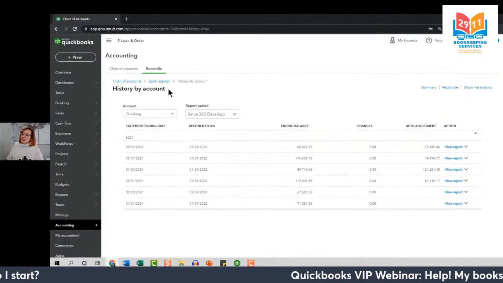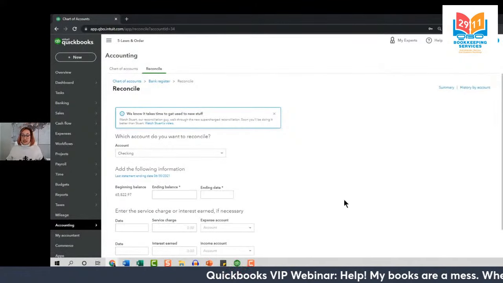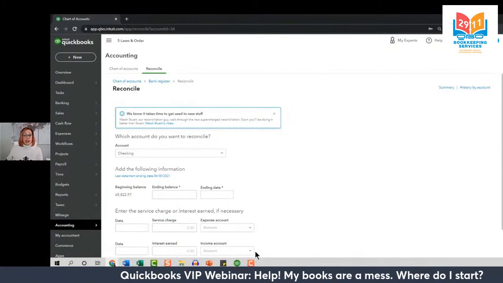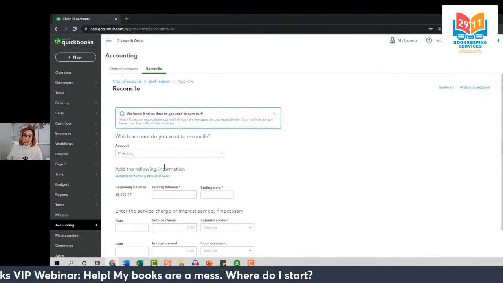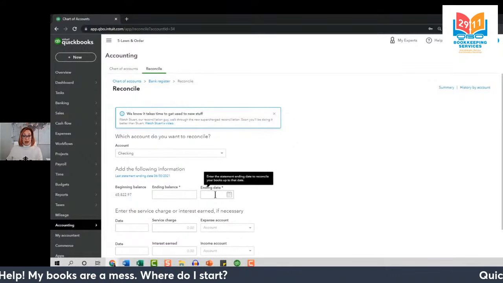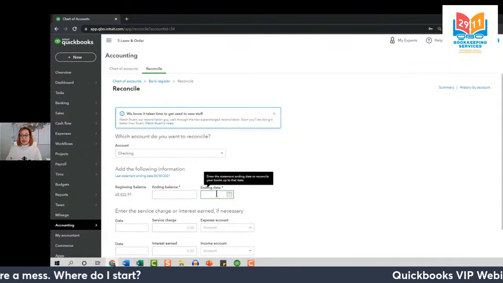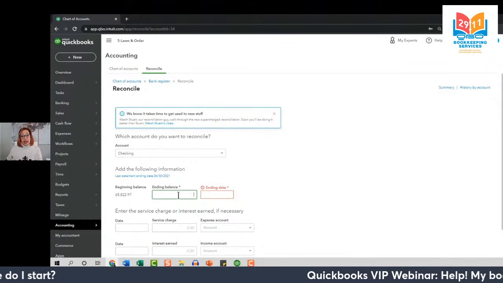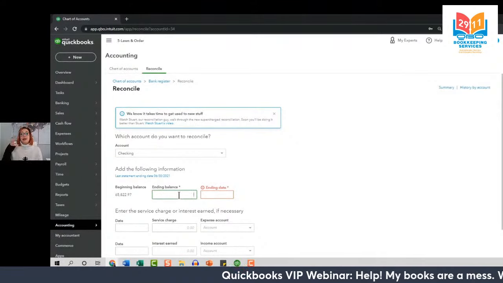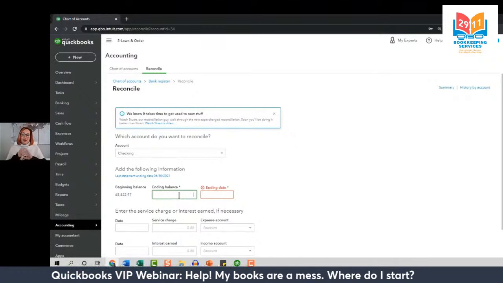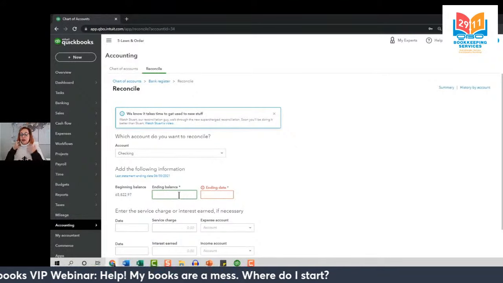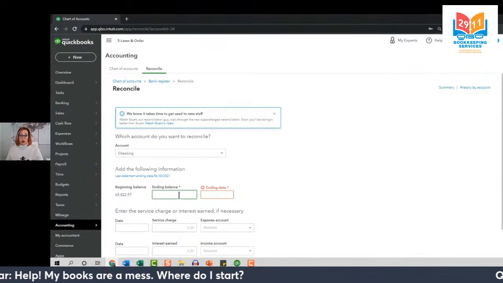When we force a reconciliation, let's go back to our reconcile screen. We're going to do exactly what we did before, where you enter the same date as the last statement ending date in the ending date field. We're going to force it as of that last reconciled date and enter the ending balance as the correct balance we're going for. We'll clear out all the transactions that are older so everything's correct to move forward.